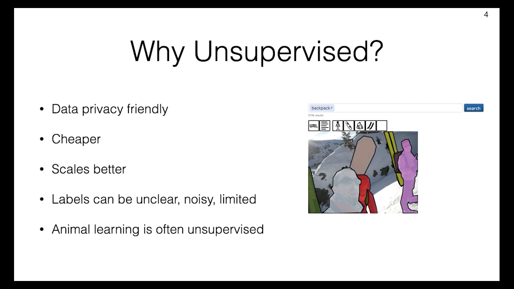The next question that comes up is, why unsupervised learning? Here, I would like to give a few reasons why we should focus our efforts on unsupervised learning. I decided to work in unsupervised learning 8 years ago. The decision was pretty straightforward to me. I thought that supervised learning had a few problems. It is very expensive, requires a new large data collection for any new task, and in many cases data privacy is a concern. For example, in medical, insurance, and military data. So it is not always possible to distribute data to many workers to label it. Moreover, labeling can be unclear, noisy, limited as a description of what we want to learn.